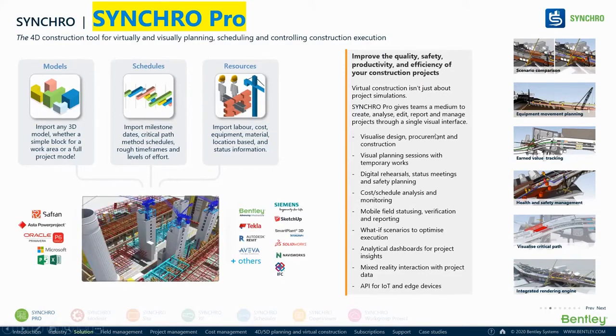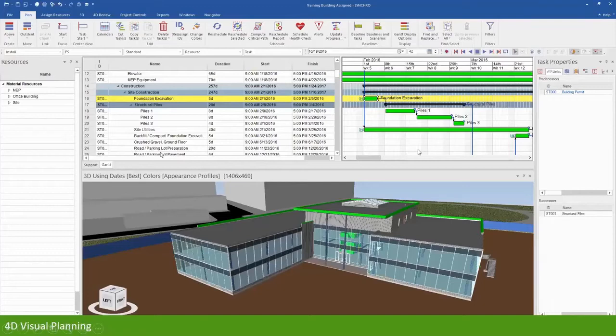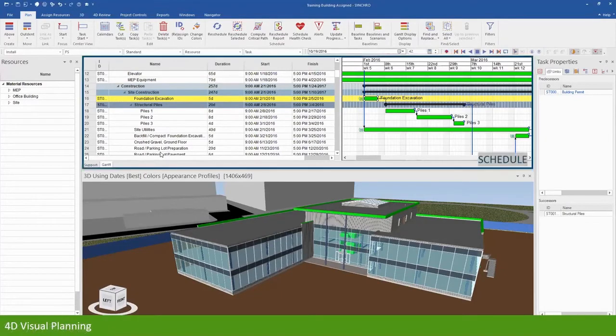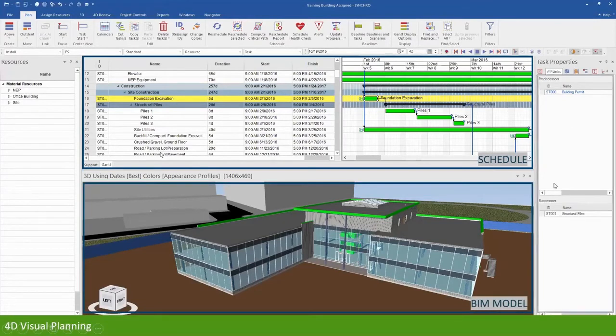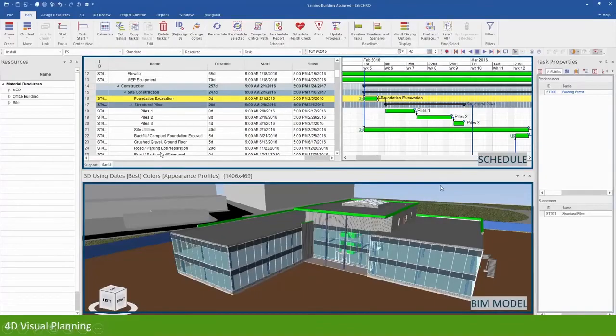So let me go one by one. This has been only created from my users' experience. So one question was that how do we integrate 3D model and schedule? So what do we do? You import schedule, or you can create your own schedule over here. You could import a BIM model from anywhere. So the next question is what kind of BIM models can be imported? I'll come to that. So then you have the BIM model, you import the schedule and attach that.